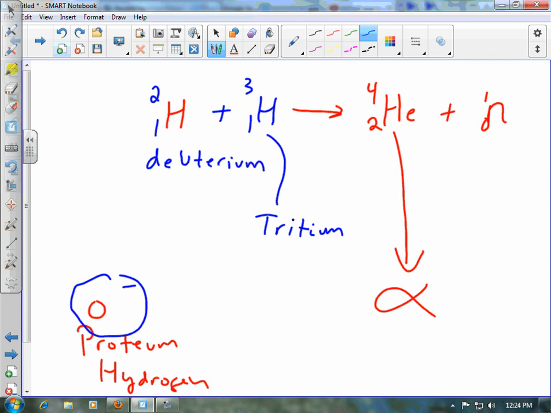Also, the alpha particle is charged, so we can use it to generate electricity directly, which is kind of neat because we don't need the steam process in the middle. We can make electricity directly. And there are tons of different fusion reactions, and some of them you can make electricity directly from fusion without anything in between, which is great because it's very, very efficient, and there's no energy being lost as heat.